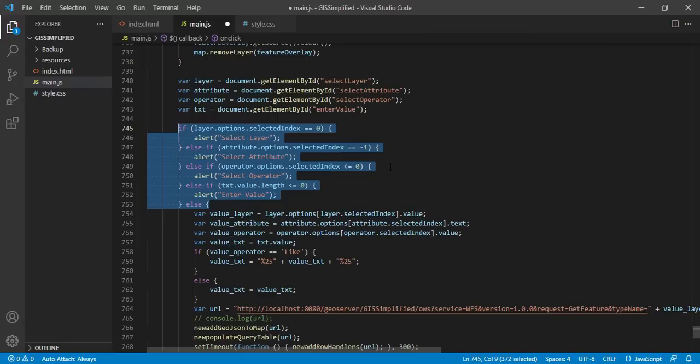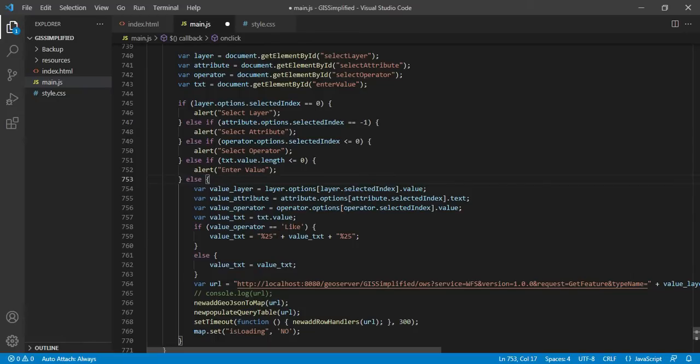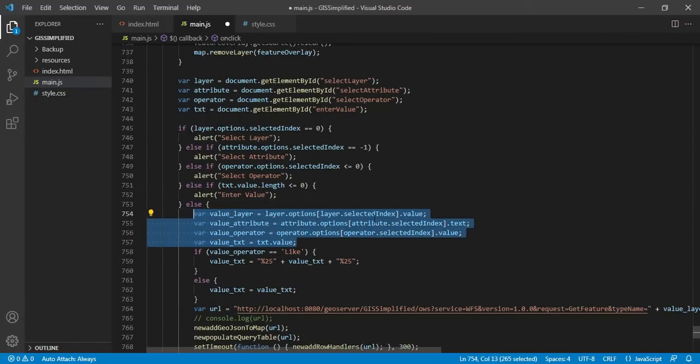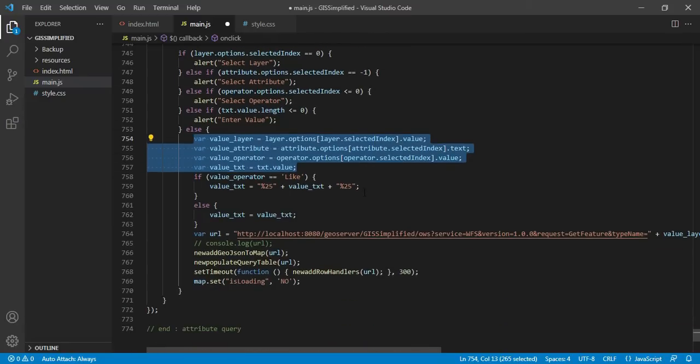Now once all values are as per the requirement, and if the user has selected a like operator, then it will add parameters related to like operation rather than a fixed value operation. So here is the code for that.